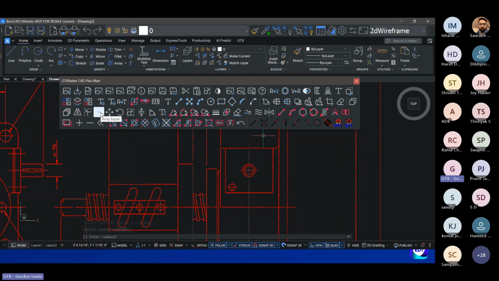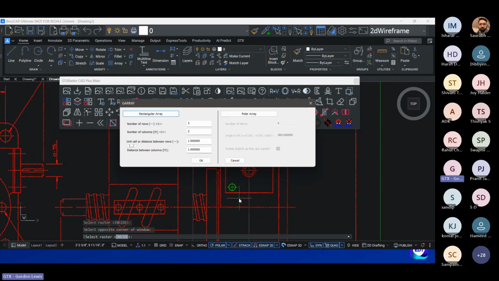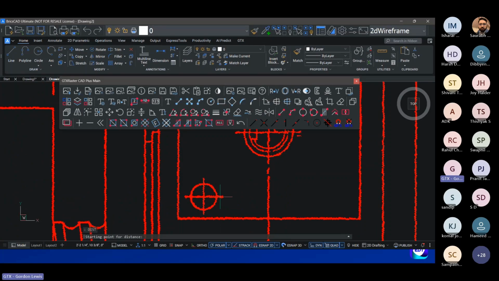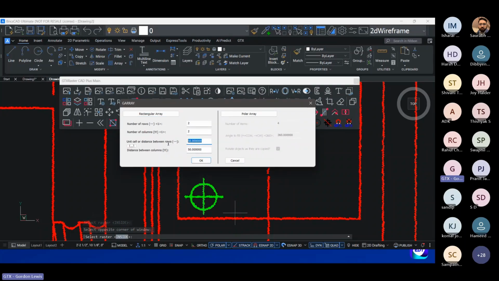So I can say array. I pick the item I want to make an array of. And it says, what do you want to do? Rectangular or polar? I want to do rectangular. It's 2 rows by 2 columns. And because I've already measured it, I think the distance between each item is going to be 50 mil. No, it's not. It must be in inches. 1.8. So I'm going to do that again. So I pick the item, 2 rows by 2, and I want to do 1.9 by